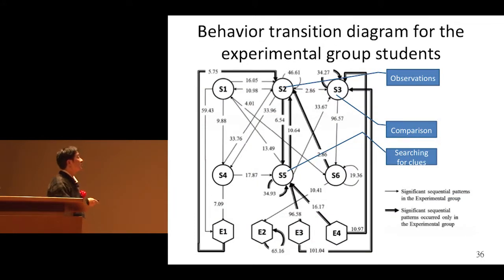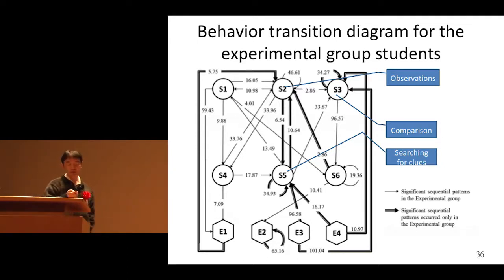As we can see from this graph, this is the behavior transition diagram for the experimental group of students. The students in this group have more observation and more comparison. They make more observation and more comparison during the gaming process. They also have more behavior of searching for groups during the gaming process,